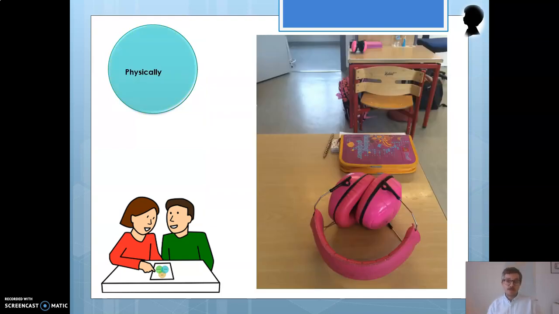I visited another school. In this school, there were some students who really had difficulty staying in the classroom because there was so much noise. It wasn't negative noise. It wasn't because the children were yelling and making a lot of disturbance. No, it was just because a lot of the children helped each other and were discussing in groups. And some of the children got so much stress that they in fact had to leave the classroom, which meant that they were not physically included.